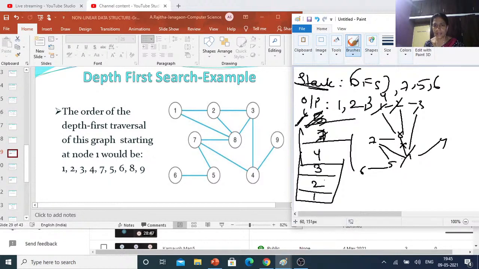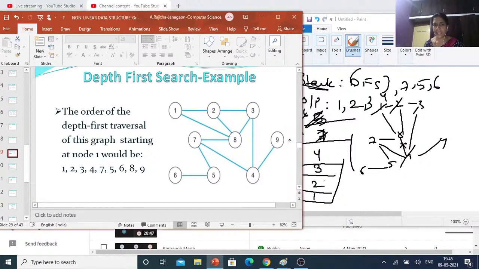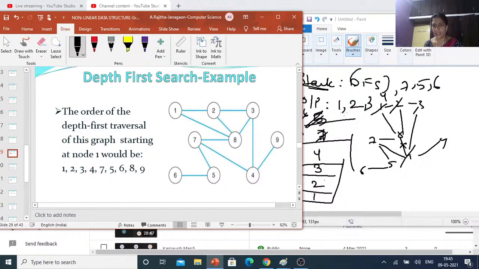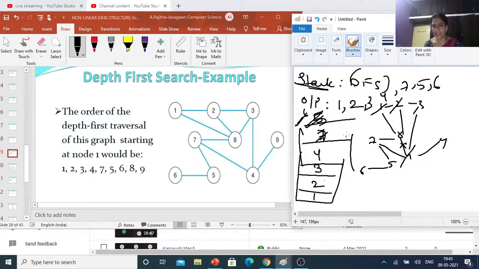Now coming to this 7. Before popping, suppose here you can observe 4 and 8. From these two, only 4 is visited, but 8 is not visited, so that here 8 is placed. Okay. The top element is here what? 8. So that here 8 is displayed. And after that 8 is removed, because 1 is already visited, 2 is already visited, 3 is already visited, which means this is already in the stack. So that this 8 is removed.